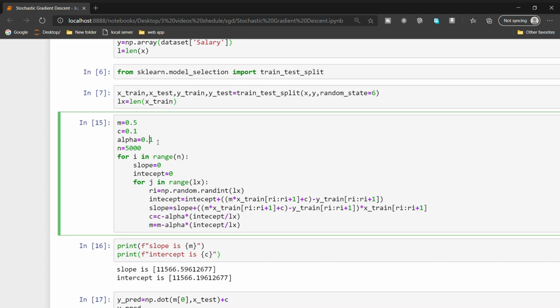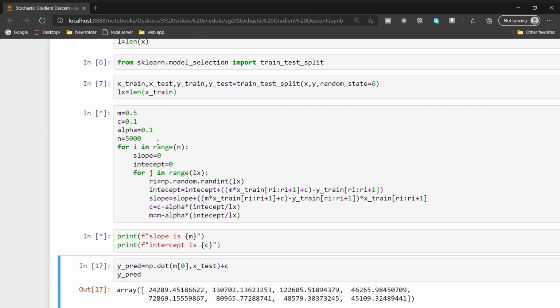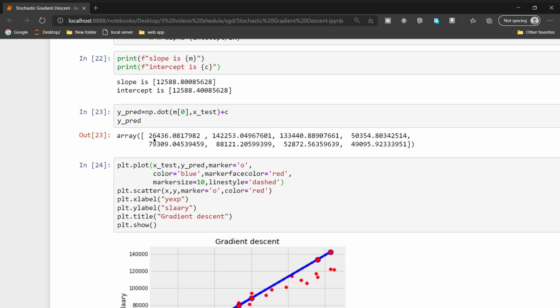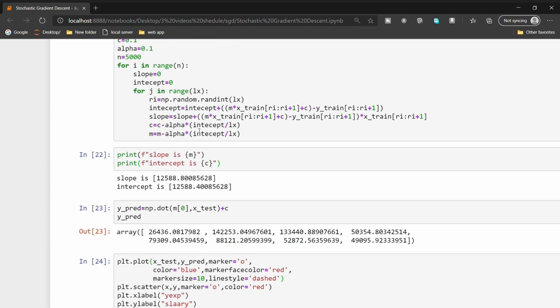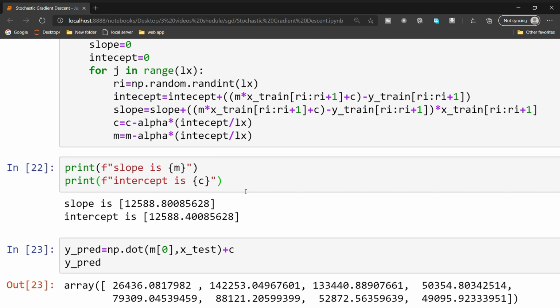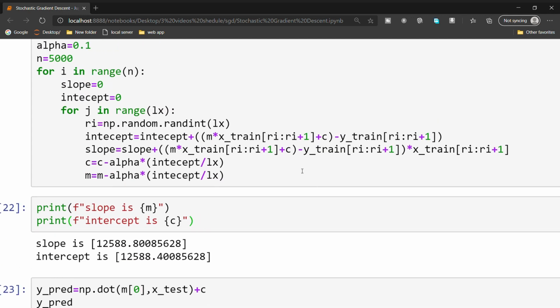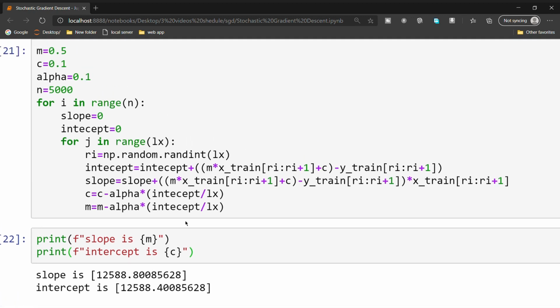Okay, let's decrease our learning rate. I think why we are ending up with the same values for m and slope. Did we make any mistake in the algorithm? Yeah, here we made a mistake. Sorry, here we have to use slope.